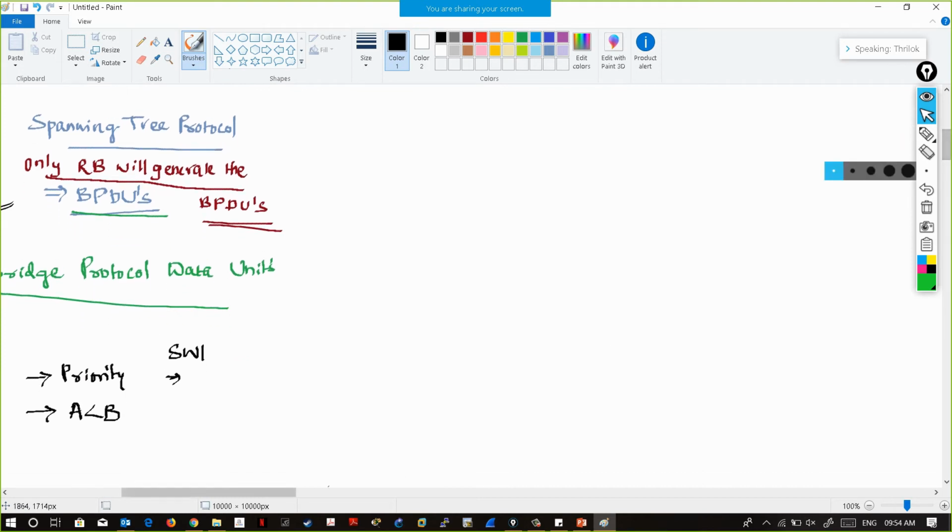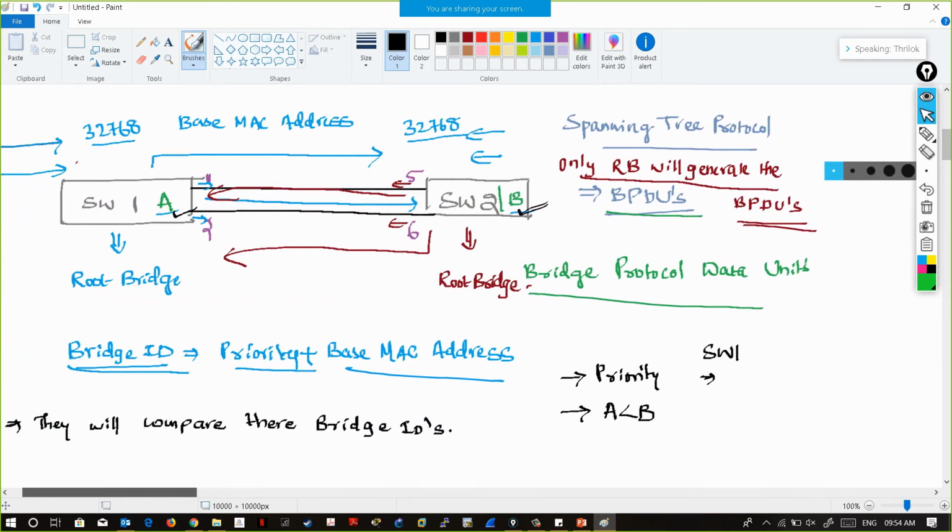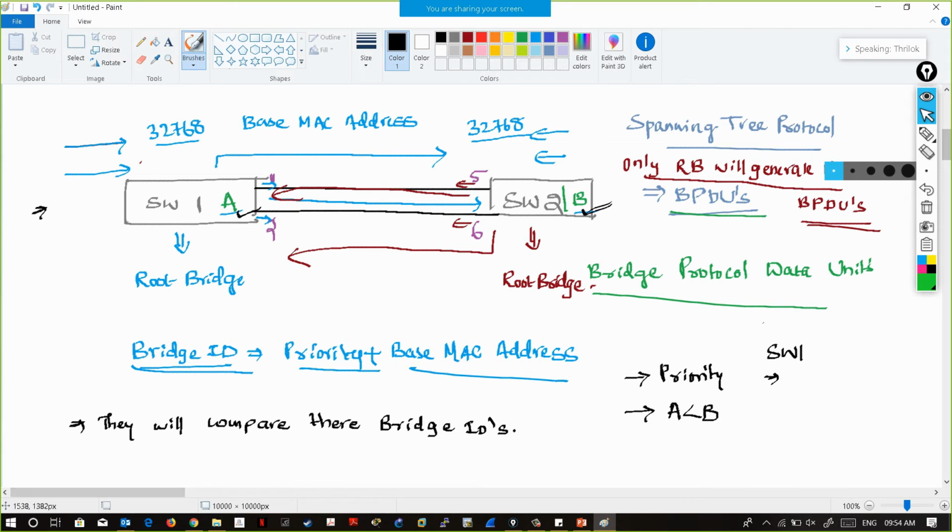MAC address is represented in hexadecimal, right? So from that point of view, I wrote it. A means 10 and B means 11. 10 will be lower than 11. So A is less than B. So what happened? A becomes a root bridge